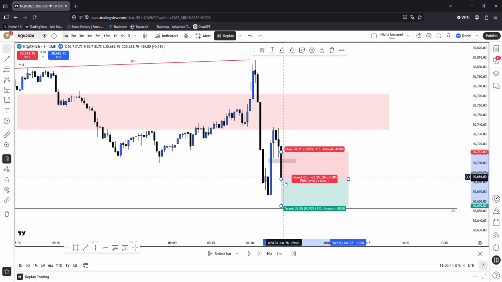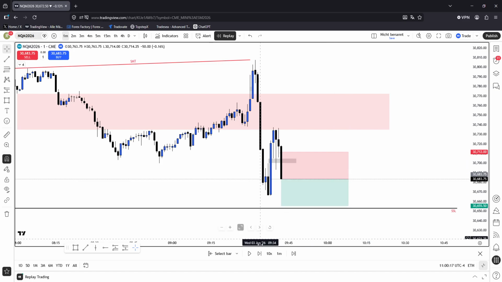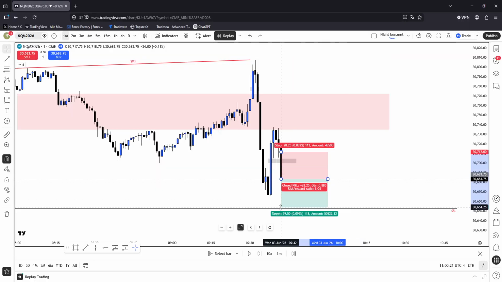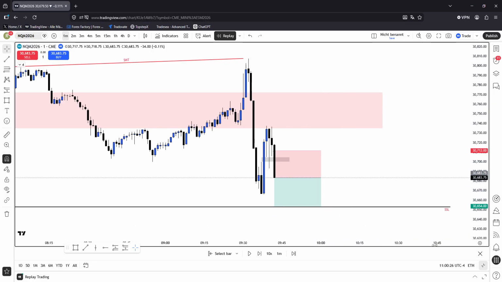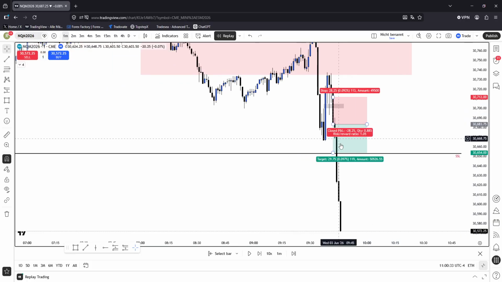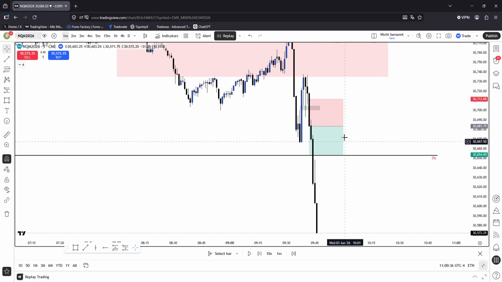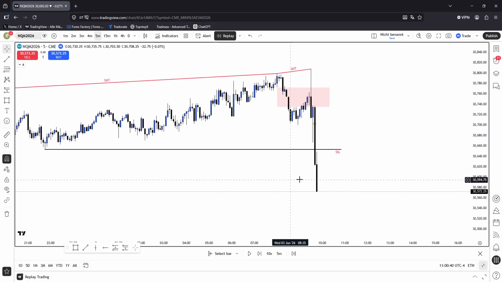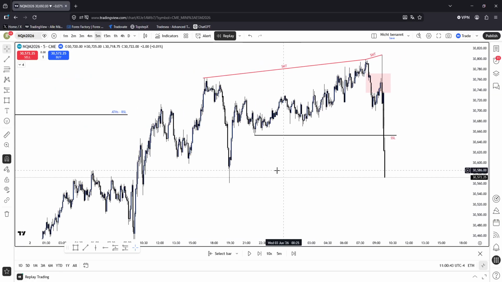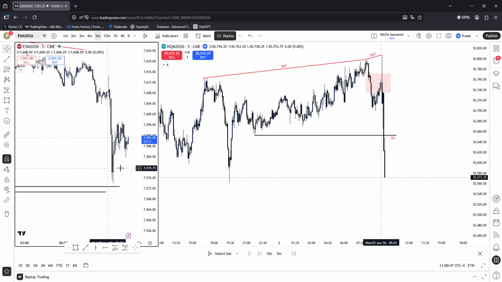You could have taken a short here, but I really didn't take it because I didn't really like the risk to reward and the fact that we are so close to market open, so I passed on this one. Could have played out really nice. And as we see, we displaced extremely through these lows, but I really formed my narrative based on ES because we